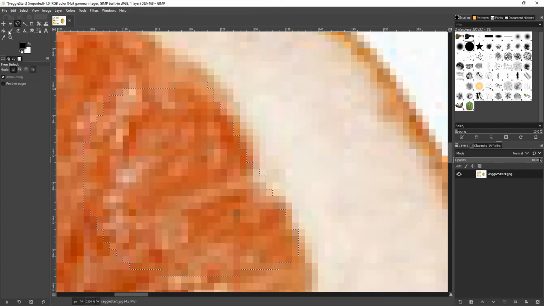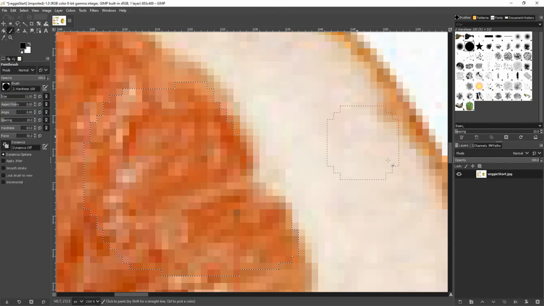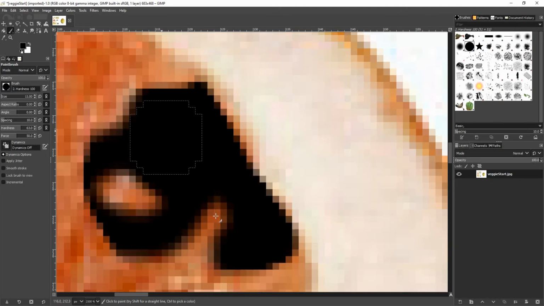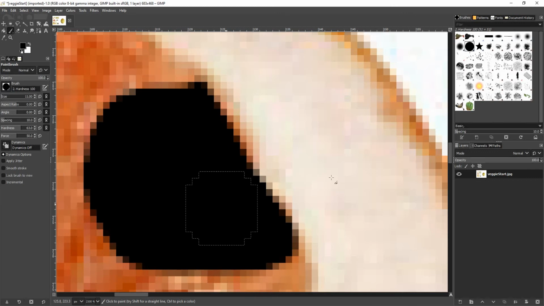Now if I try to paint in the white area over here, it won't allow me. But if I paint inside the selected area, then that will allow me to make some changes there. And this is just a great way of protecting your image from